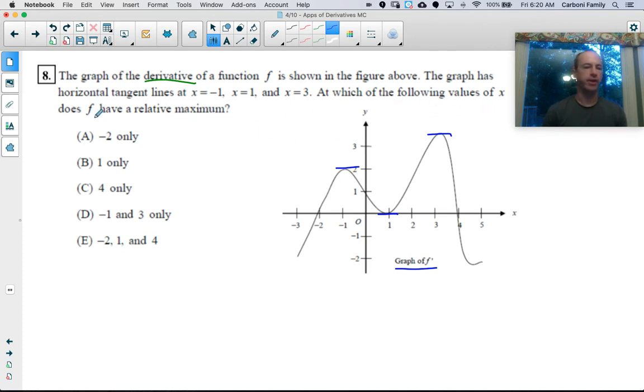At which of the following x values does f have a relative minimum? Anytime you see relative minimum, your first thought should be f prime changes from negative. Your function must, oh, that's maximum, not minimum. Relative maximum, the derivative changes from positive, which means your function is increasing, to negative, which means your function is